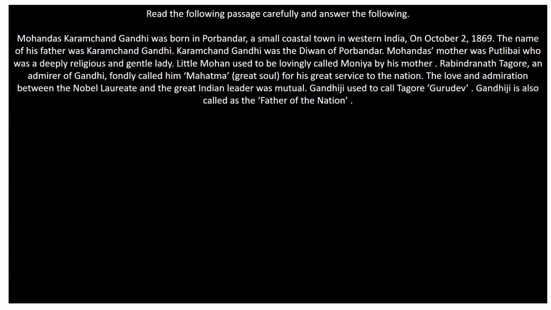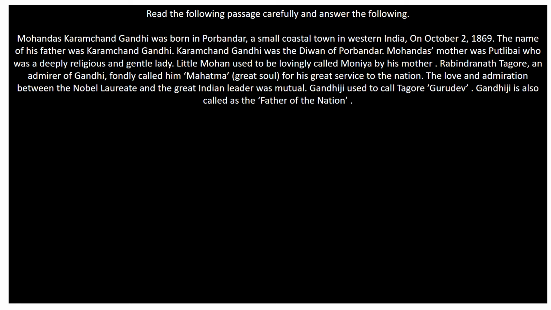Here is the passage which we need to read to find the answers. For that, I want a highlighter to mark important dates, names, and the words which I have read in the questions. The words I have read in the questions are born, Mahatma means, and the third is who gave this name to Gandhi. So these are the three things which I really need to mark, and apart from these I will mark important dates, names, or the things which I feel are important or will come as a question.